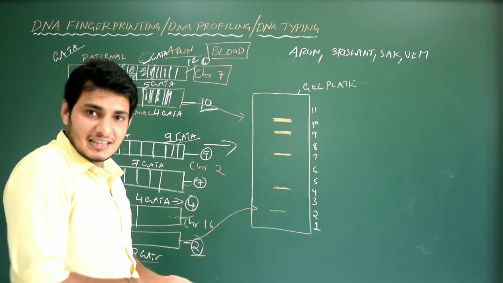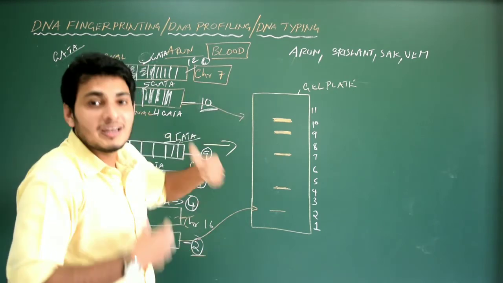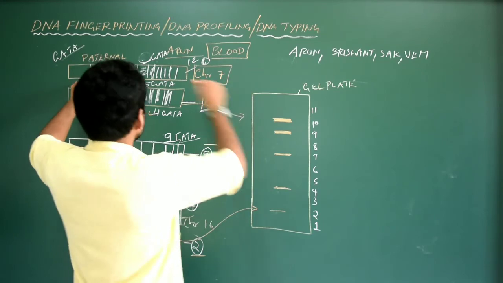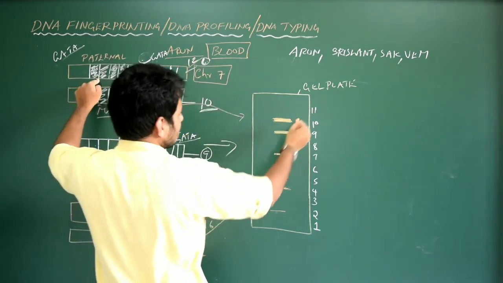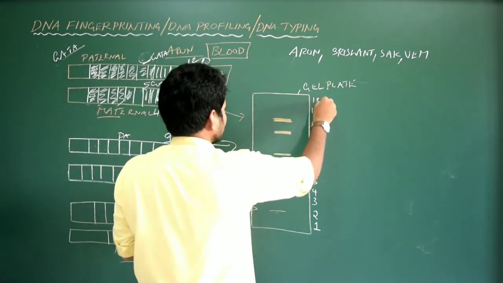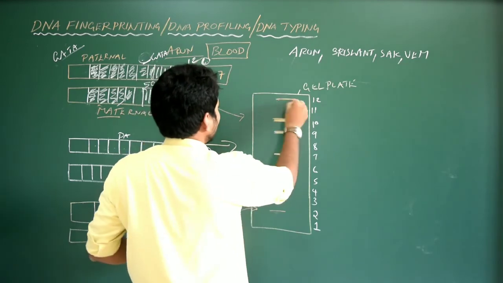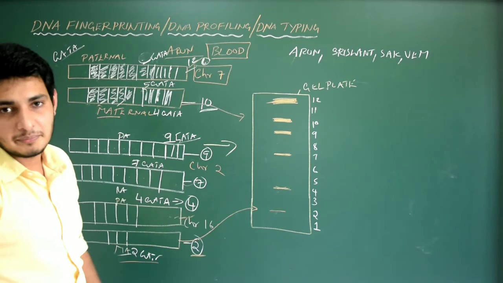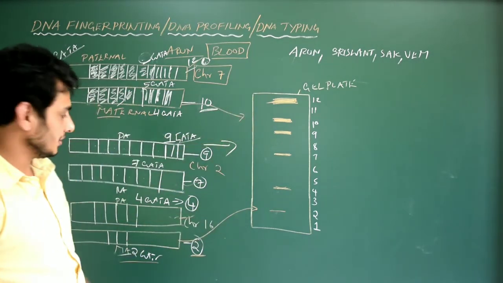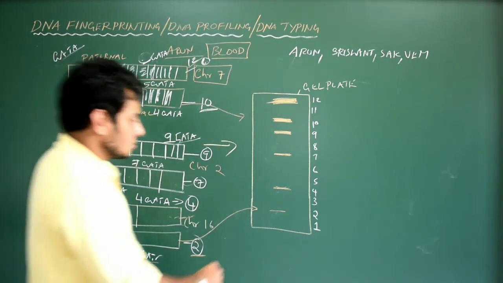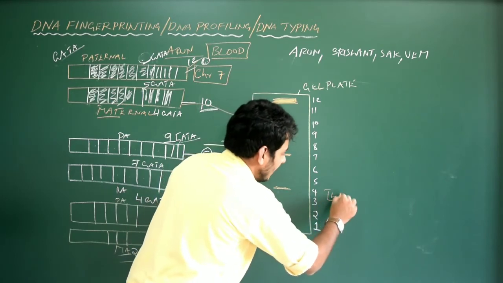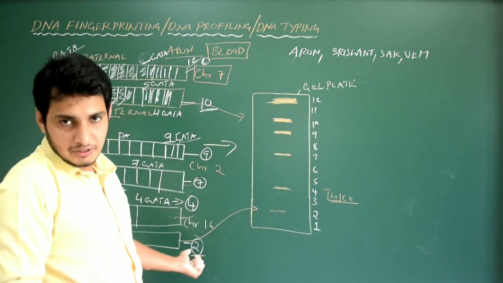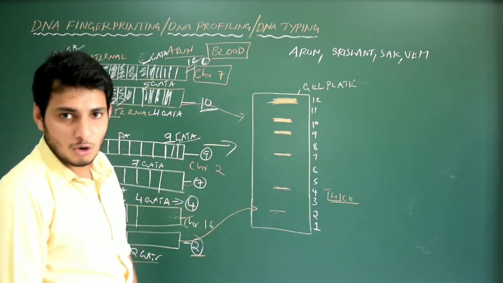The thickness is also based on how many repeats are there in that particular chromosome or DNA. So in this case the maximum is 12. So 12 is here, maximum 12. I am going to get a very thick band. This is DNA fingerprinting. Got it? So this is now DNA fingerprinting. Hope you understood it. Okay. So the thickness of the band mainly depends on the number of tandem repeats a chromosome contains. Hope you are getting my point.